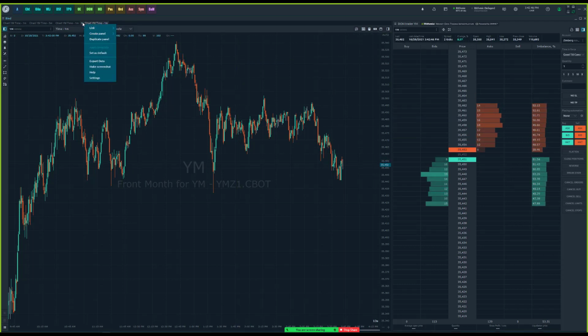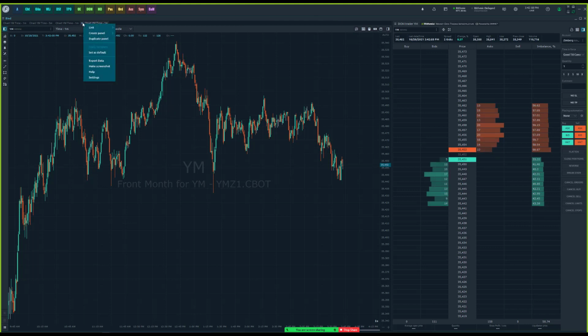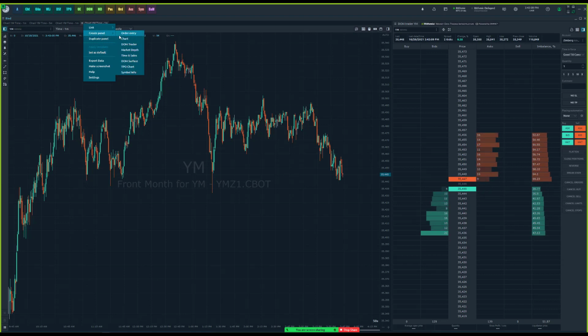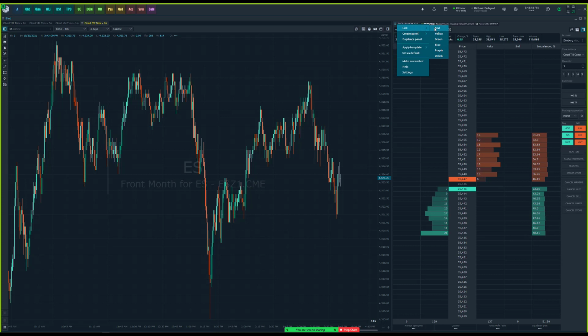All you need to do, we call it a hamburger menu. You'll find this menu all throughout the platform. If you see these three horizontal lines stacked on one another, this is basically your key to settings or some sort of customization. And you can see you can duplicate panels if you want to make a carbon copy. Another way to basically make a copy of your workspace is duplicate panel. You can set as default, you can create additional panels, or link. So I bring up link. If we link it to a yellow color and we do the same thing on this panel,